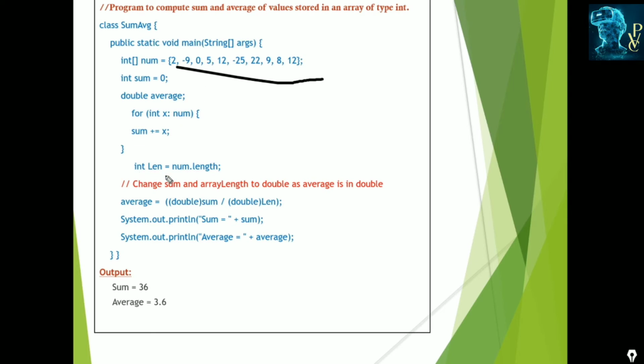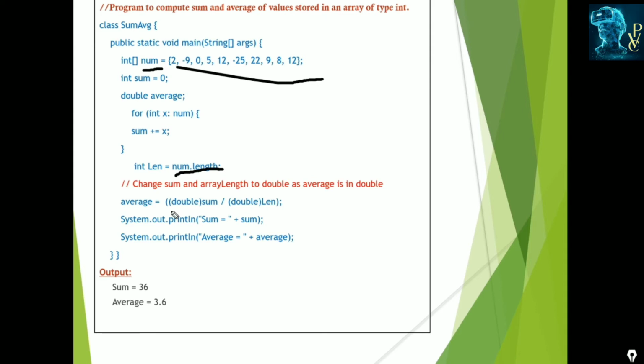Next, len is one integer variable which is used to store the length of the array num. What is the length of the array? 1, 2, 3, 4, 5, 6, 7, 8, 9, 10 elements. So the integer len holds 10. So average is calculated by: average is a double and sum is an integer which we have to convert into double type.